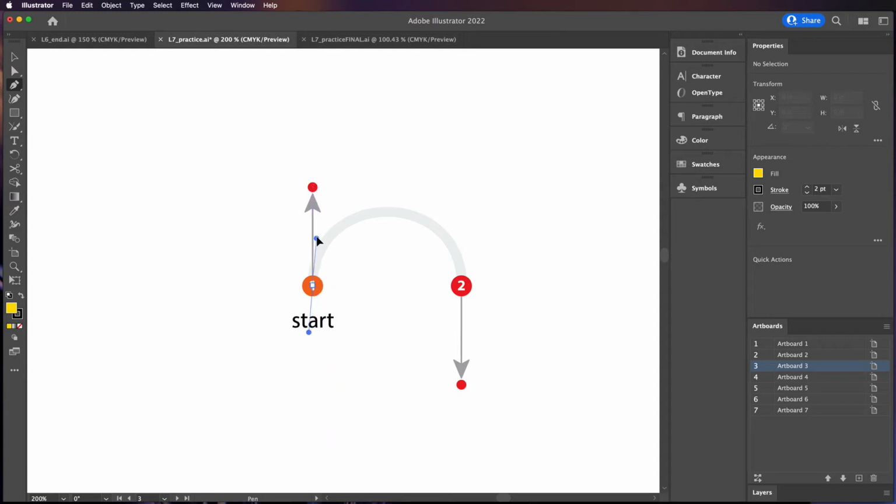So clicking here and dragging up, I'm going to go up to this red dot. And then when I am done, I'm going to go to this red dot and pull and drag down. So I'm just clicking and dragging my mouse. So now what you can see is I have created a curve, and this